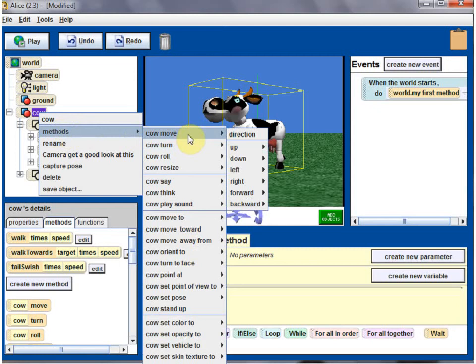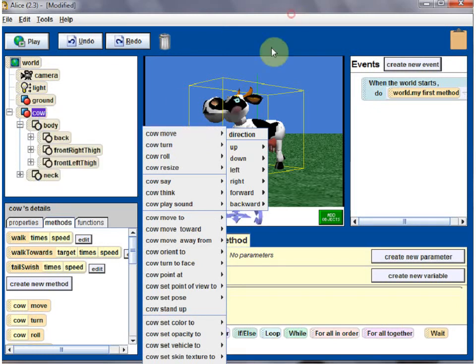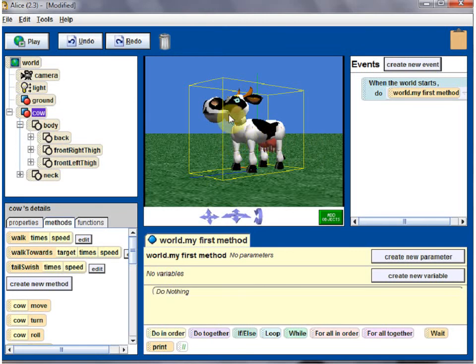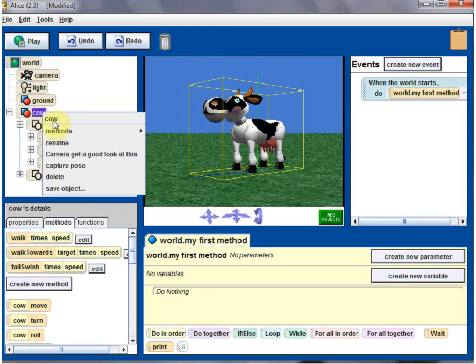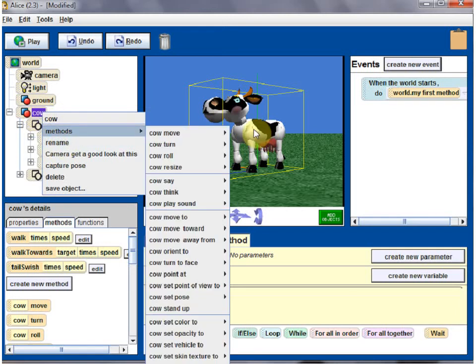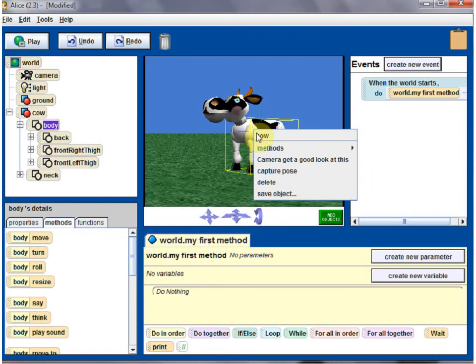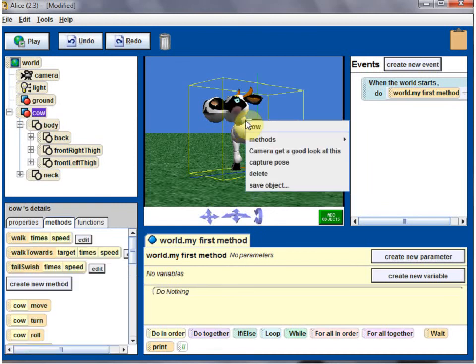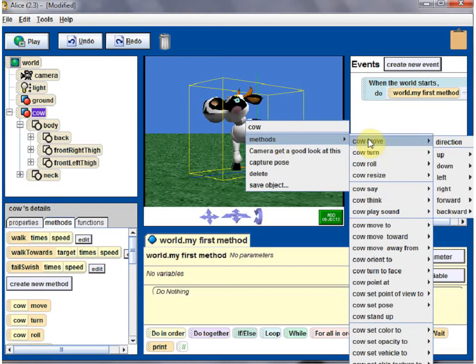Now turning. The cow can turn, any object can turn in various ways, right? It can turn right, turn left, turn forward, turn backward. Those are the major turns. Let's see how it looks. Let's do the turn. It's already kind of turned right, so let's do the turn left. As I'm showing here, you can do it from here, right click and do it here. You can right click here too, but see, these problems do occur, sometimes everything may not be selected, so that's the danger. So turn right,